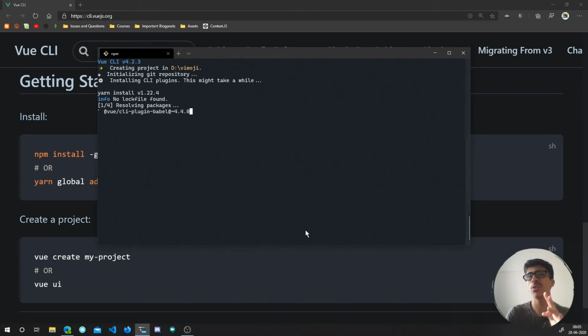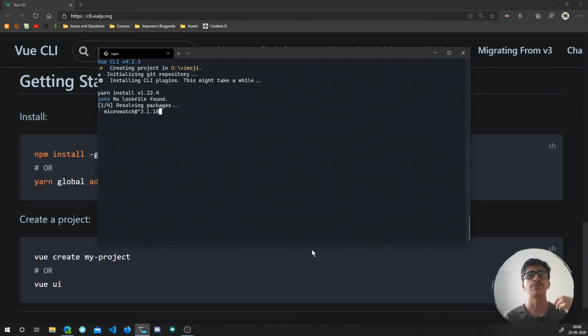But for you it will ask you one more question, that what you want to do. You want to use Yarn or npm as your package manager. So it's going to install the packages, so it will ask you what you want to use. You want to use Yarn or you want to use npm. So you can pick up any one of these. I had picked up Yarn before, so it just recognizes that I'm going to pick up Yarn, so it will